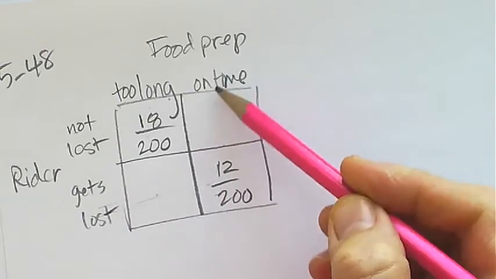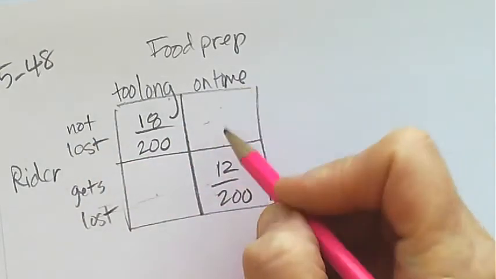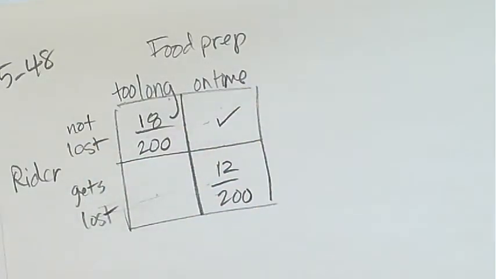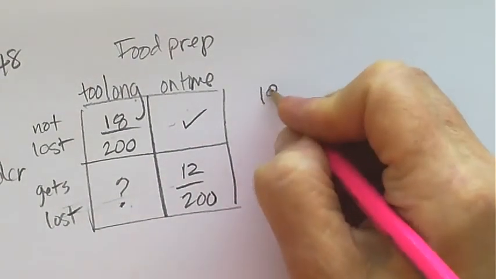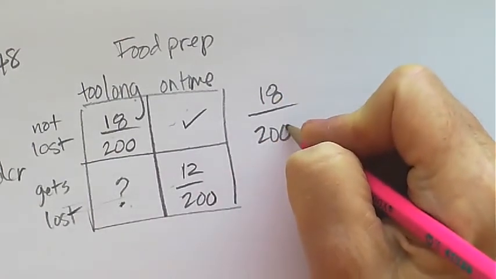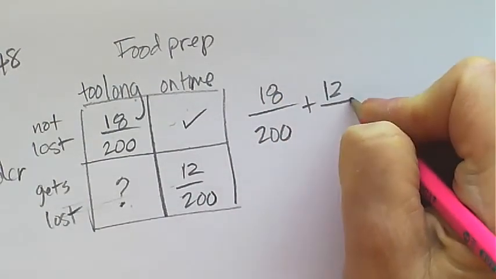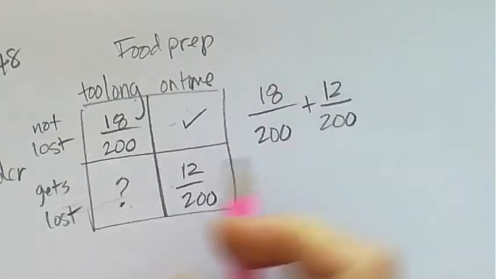Here, if food prep's on time and the rider doesn't get lost, everybody's happy, the food gets delivered on time. Sometimes the rider is lost and the food prep was too long, but I don't know the number of occurrences there. So I know that 18 over 200 plus 12 over 200